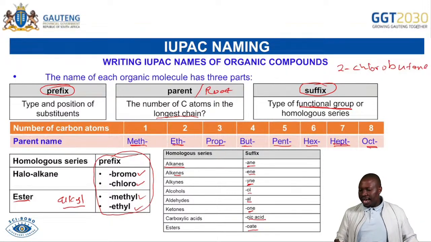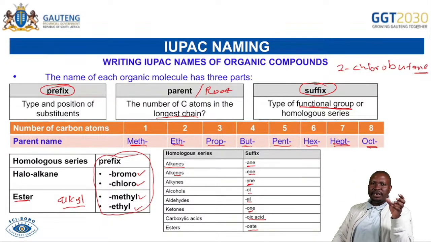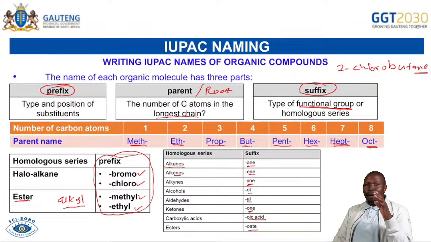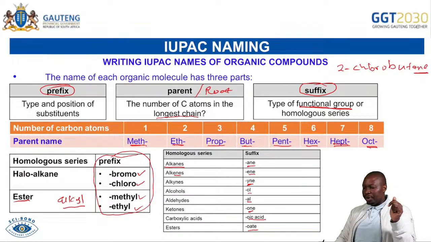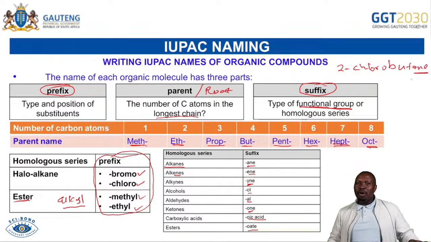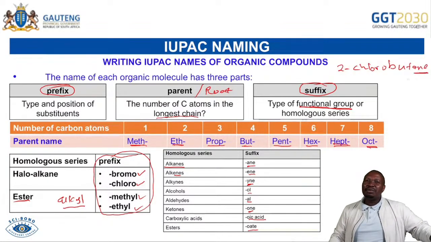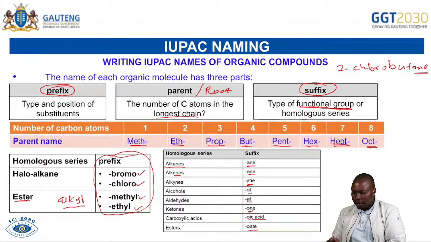The first thing you look at there is the "ane." You see, it is alkane. You know alkanes are saturated. It's carbon-carbon single bonds and carbon-hydrogen single bonds. So you know this molecule is made up of carbon-carbon single bonds and carbon-hydrogen single bonds. There is no double bond, there is no triple bond. Because of that, "ane" is telling you that we don't have a carbon-carbon double bond. We don't have any multiple bonds between carbon atoms. So this is a saturated organic molecule. That "ane" is important because it's telling you already that it is saturated and it's an alkane.